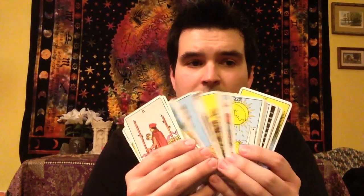Now, mind you, this wasn't the last deck that I bought until recently, because I've been on a collecting spree recently, and now I have over 24 decks. But I had bought a couple others, which I'll probably show you one day. In like 2004, 2005, I had bought a couple more decks, but this was the one that I used for over 10 years primarily. And it wasn't until about 2-3 years ago, excuse me, that I really started collecting other decks. So this was my only Rider-Waite-Smith deck that I had for a long time,